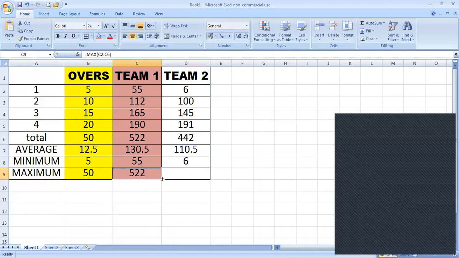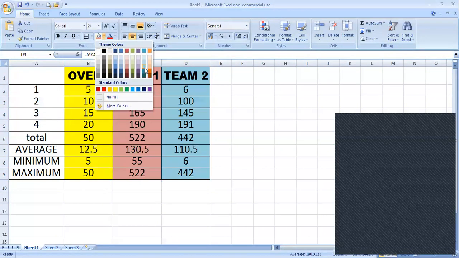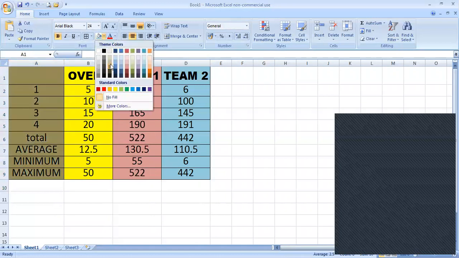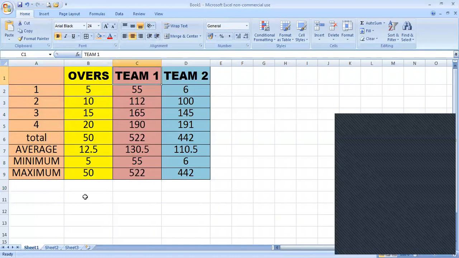We will again drag it. Okay, see, we can select this column and we can change its color like light blue. Okay, we can select this column, we can change its color, any color that you like, light gray, light blue, or light purple. Okay, we have changed the background colors as well. The other point is we have centralized the data. The other point is that we can insert a chart by selecting the data.